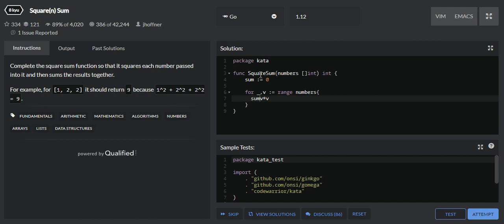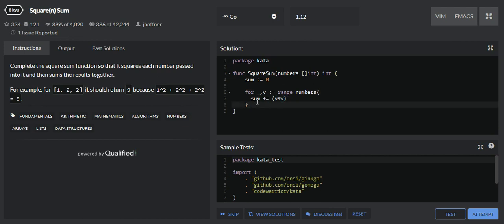Sum is by default 0 now. So I will write sum is equal to sum plus the square of this number, or directly we can also use the shorthand plus equal to. So every time a number is given to the value v, it will square that number and add it into the sum variable.